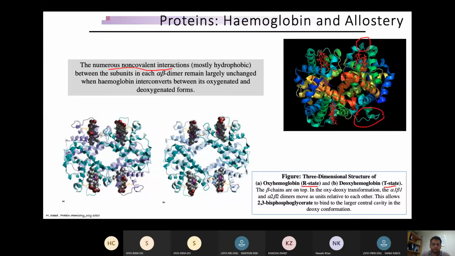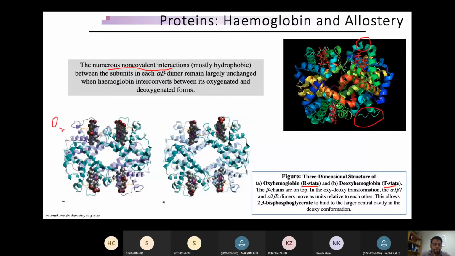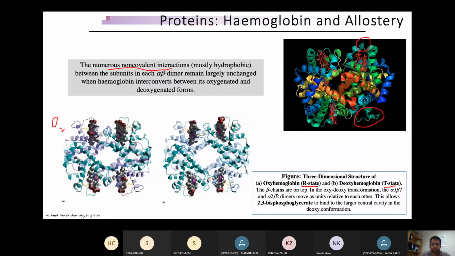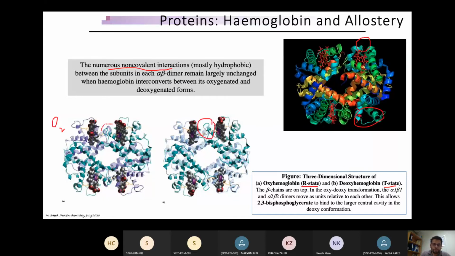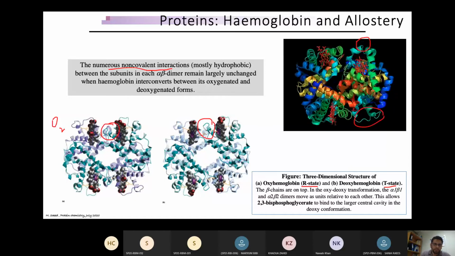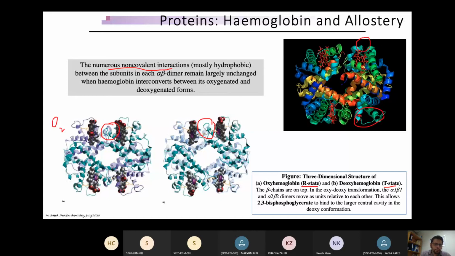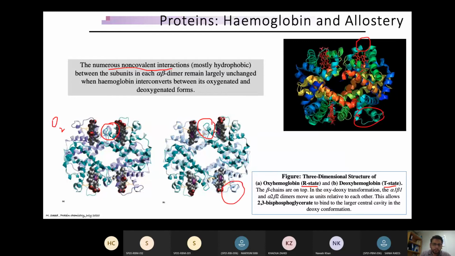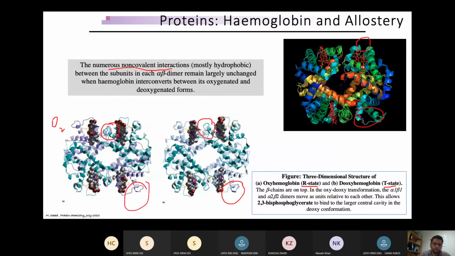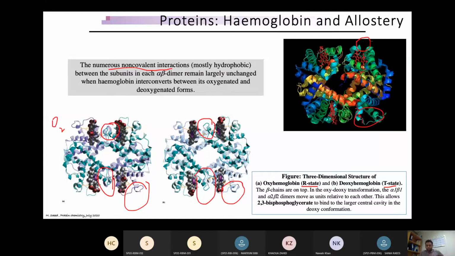A के अंदर आपको relaxed state नजर आ रही है. That means when it is bound to the oxygen, and the other, B, is without oxygen binding. So you could see small differences here, like this one. अगर आप देखें तो यहाँ पर ये लूप स्ट्रक्चर थोड़ी सी मिसिंग है. If you could also focus maybe that similarly down side पे आपको यहाँ पर लूप स्ट्रक्चर थोड़ी सी different नजर आ रही होगी. And similarly here at the down side आपको कुछ secondary structures या tertiary structures वहाँ पर different नजर आ रही है.